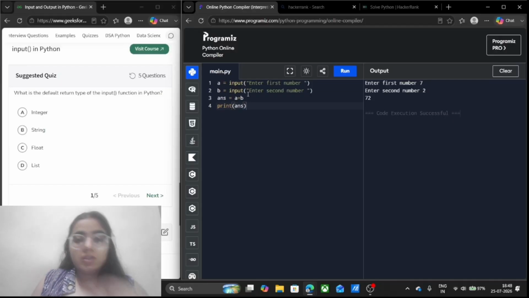Here 7 is a string, 2 is a string, and 72 is formed. If I'm not giving a number, it will concatenate the input itself. If I'm not specifying the input type,